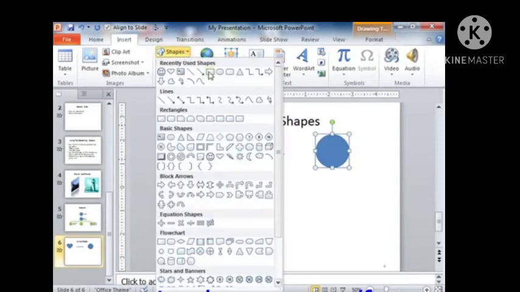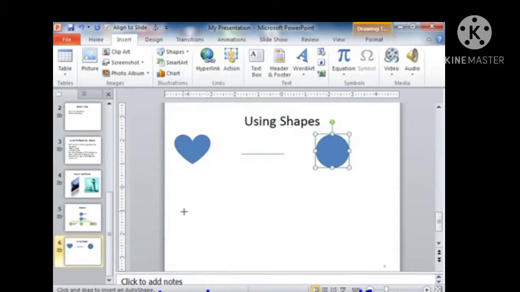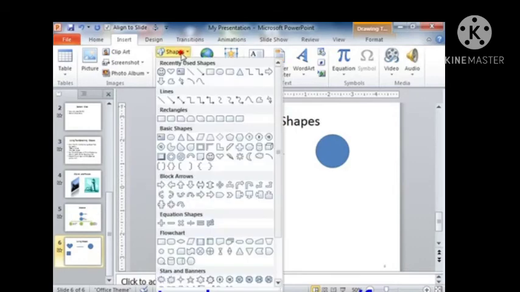Now, again we are inserting another shape, that is a square. The mouse pointer we can take to the slide and we can drag it. We can drag it to the corners and sides. Next shape we are going to take is a smiley face.